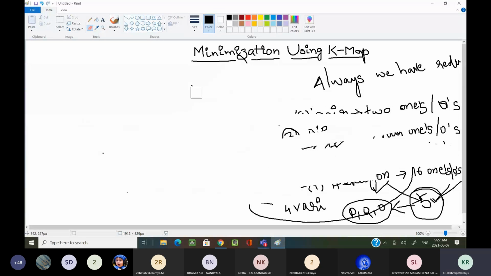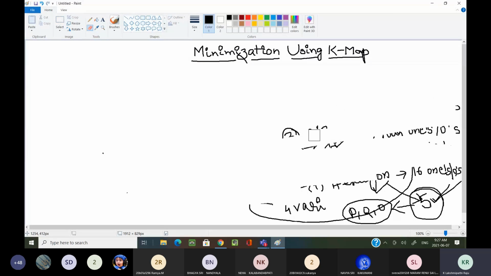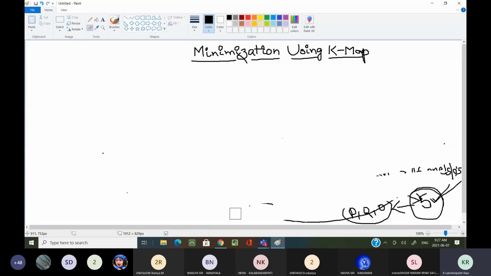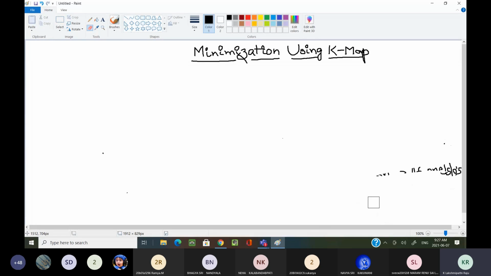by the Boolean algebra method. Now the same problem we are going to solve by using the K-map method of simplification. The simple problem we considered in the last class, we can move one by one. Now tell me, what is the expression I have written in the last class? F equal to x comma y. X comma y only.